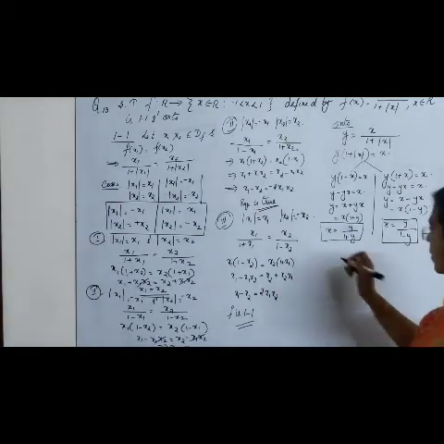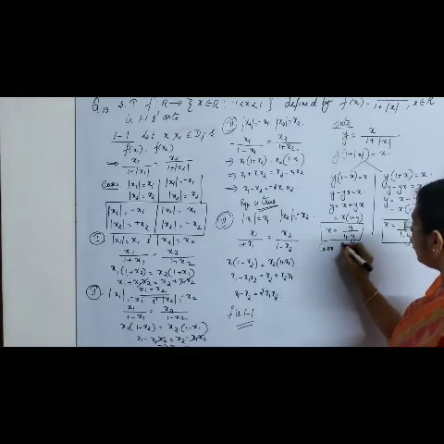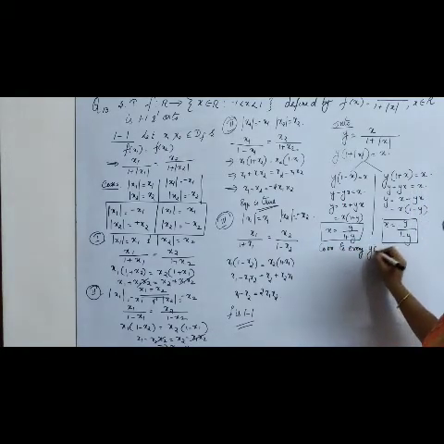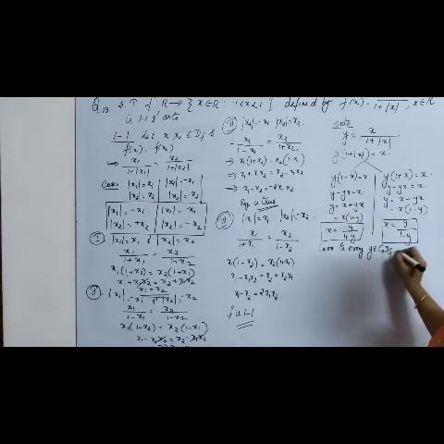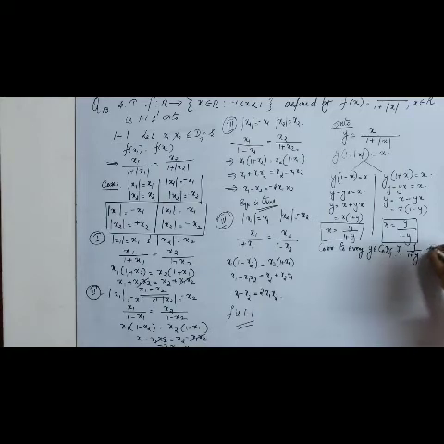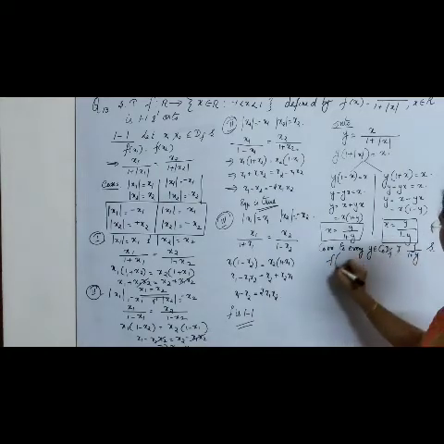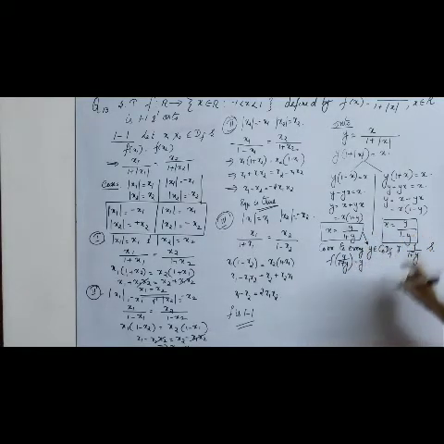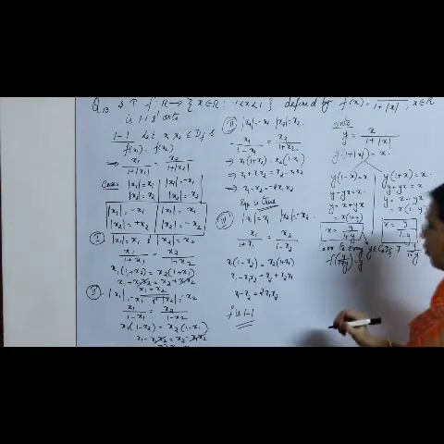Now, what did I say? Corresponding to every y that belongs to the codomain of the function, there exists y by 1 plus y such that f of y by 1 plus y is equal to y. That is for this case. Similarly, I need to prove it for this one also. Okay, let me see whether I am getting y.